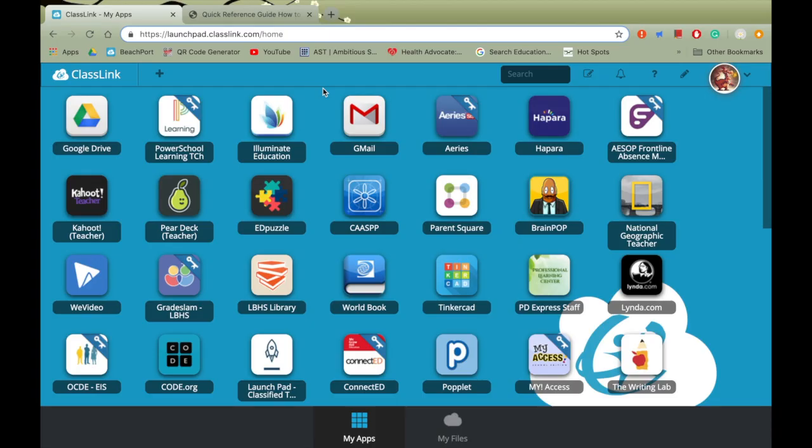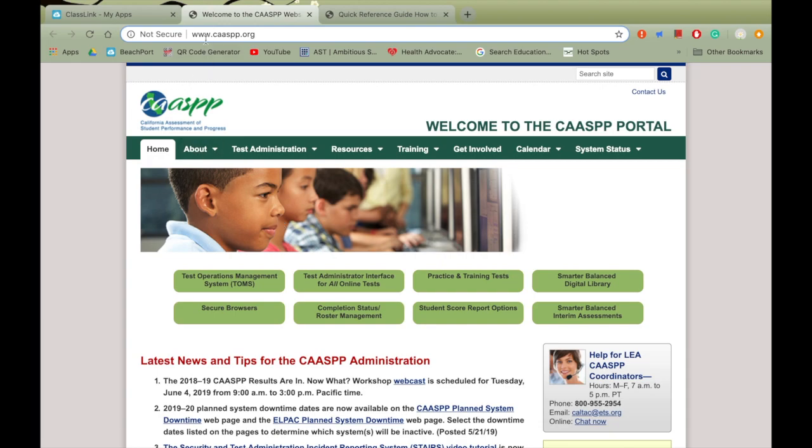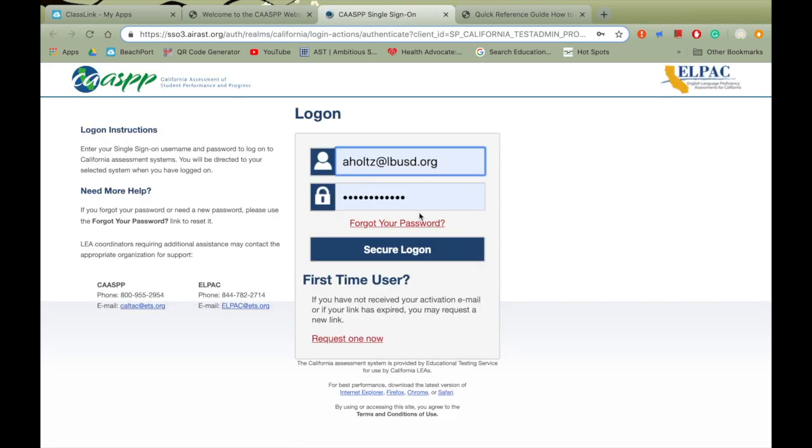Can you show me how to log on as a teacher and what that might look like? Yeah. Okay. Absolutely. The first thing that you'll need to do is access the CAASPP website. The easiest way to accomplish this is on Beachport. On Beachport, one of your icons will say CAASPP testing. It's this one here, and you'll want to click on that. This will bring you to the homepage of the CAASPP website, and you'll want to click on Test Administrator Interface for All Online Tests right here. So we click on there, and you'll be asked to log in, which you should already have done. So I'll secure login,